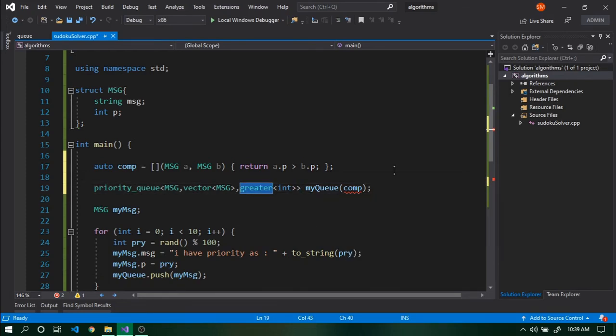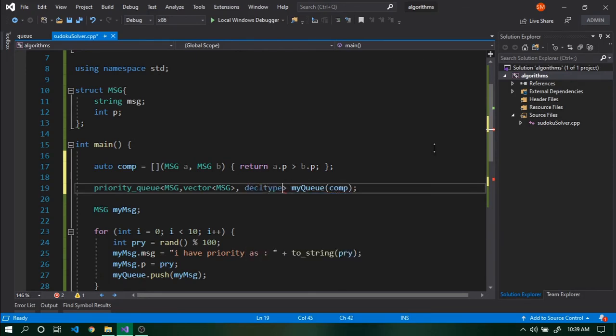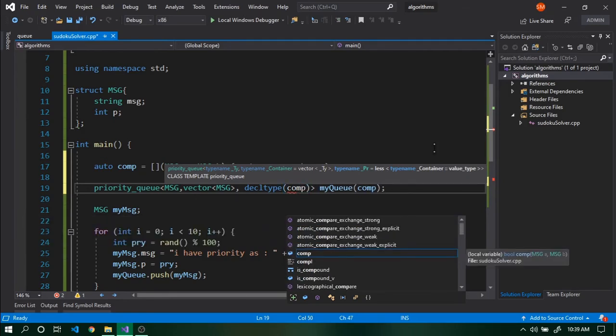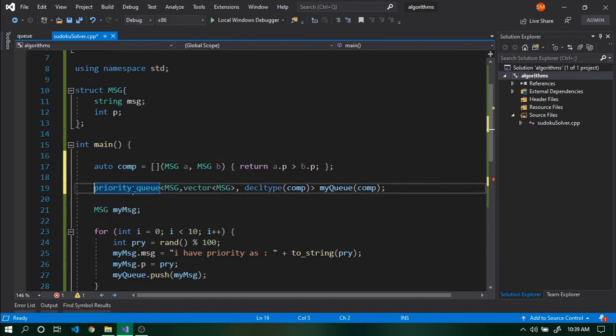To do that, we can use a very handy keyword called decltype. So we'll say decltype, and inside the parentheses we will pass our comparator function, so comp. And it's as simple as that. It will create a priority queue using this comparison and this message structure.